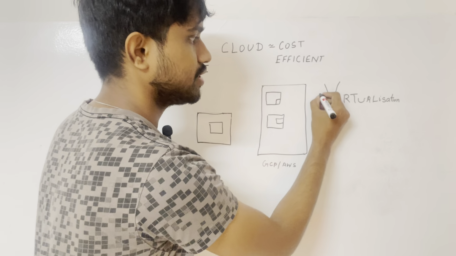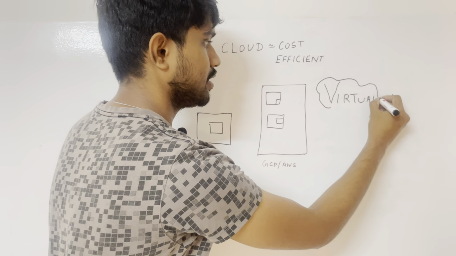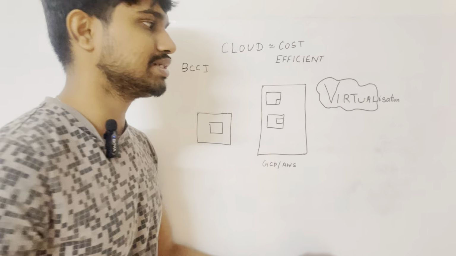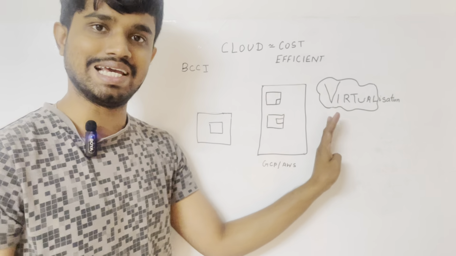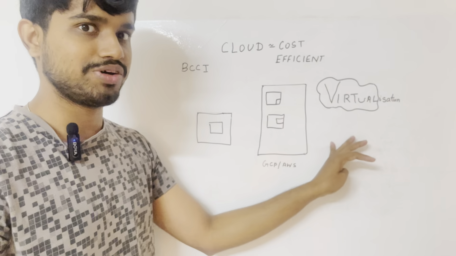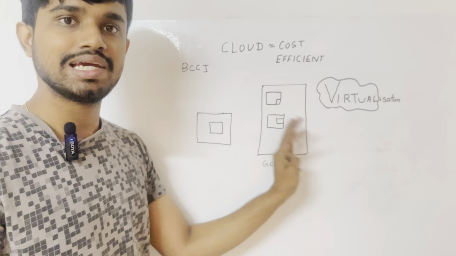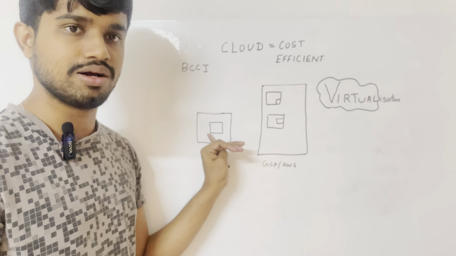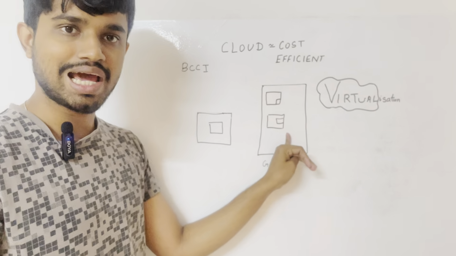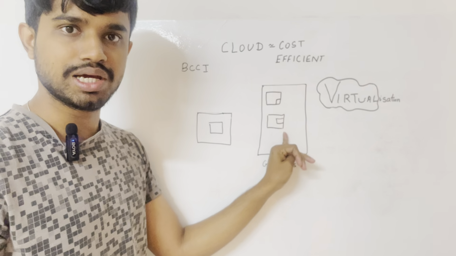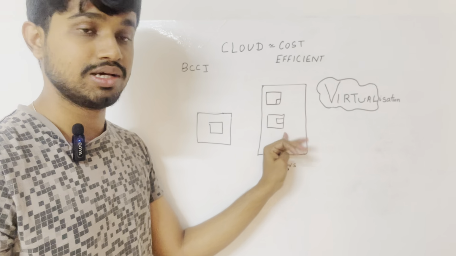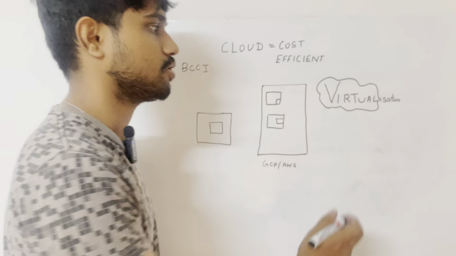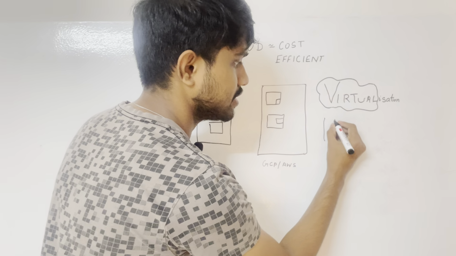So here the term virtual means something which is not physically existing, but a software makes it look like it is physically existing. Here you are not having your one big computer. Basically you are sharing a part of a big computer or a set of computers, but a software which is called a hypervisor